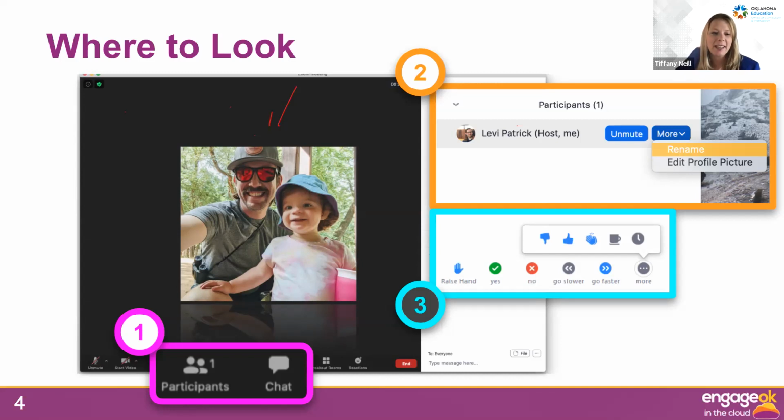You'll notice that we're taking quite a bit of time to orient ourselves to the technology today. If you or your school are looking at distance learning as an option at any point in the school year for your students or connecting with your families, we would encourage you to take that time up front to really work to ensure people are able to connect with the technology in the way that you intended.